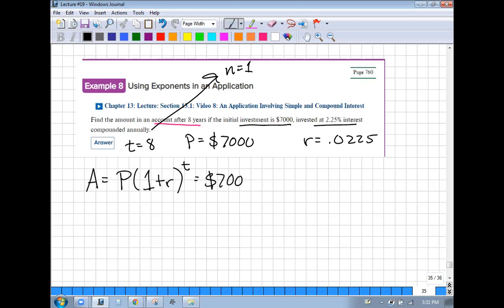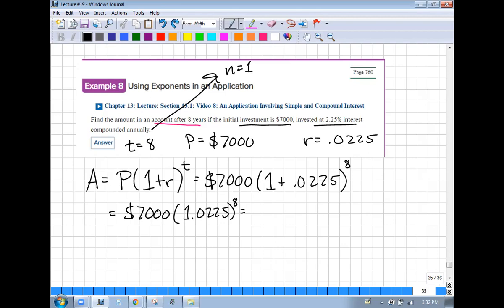So we have 7,000 times 1 plus 0.0225 to the 8th power. So 1 plus 0.0225 is 1.0225. So if we plug this into our calculator, I'm going to start here. And then once I get that, I'm going to multiply by 7,000. I'm going to press 1.0225. And then I'm going to hit the to the power of